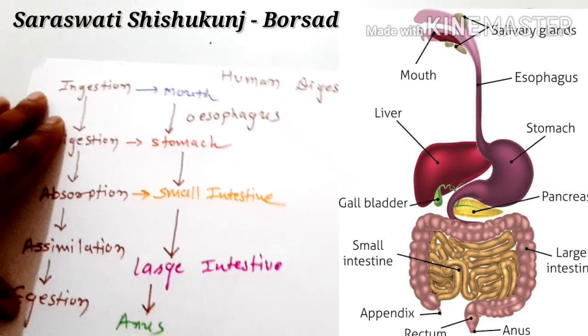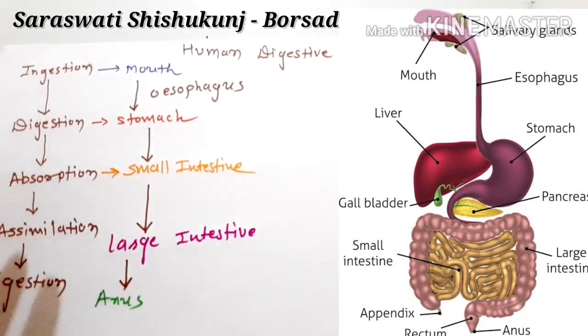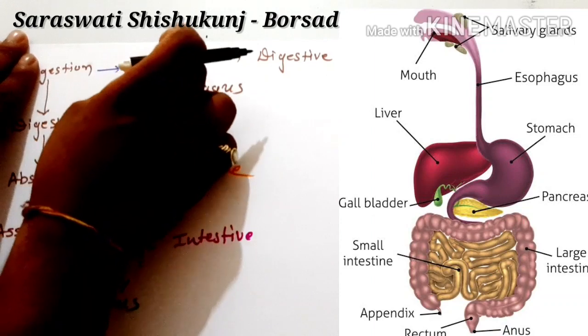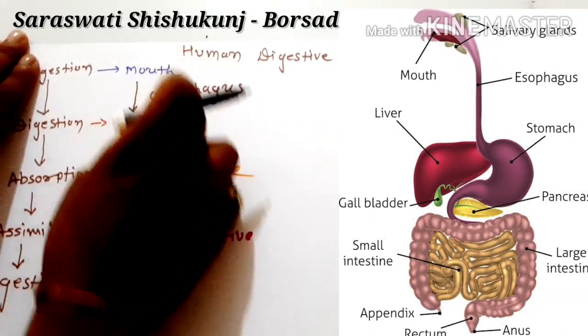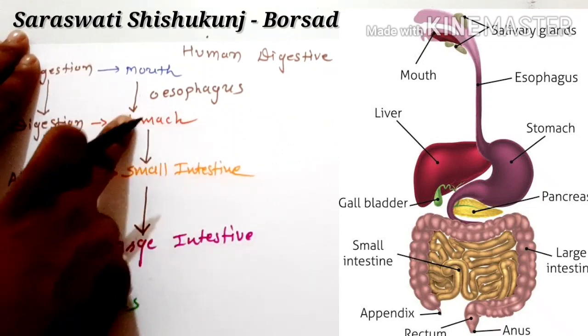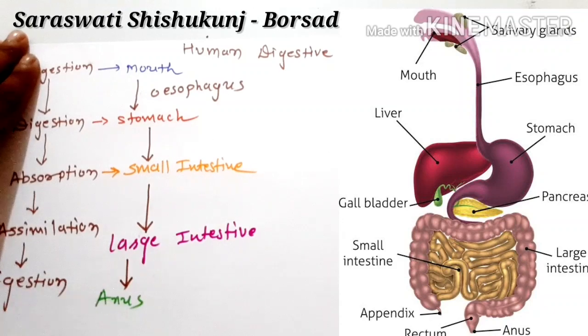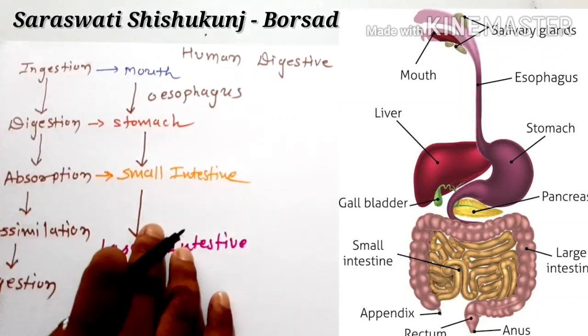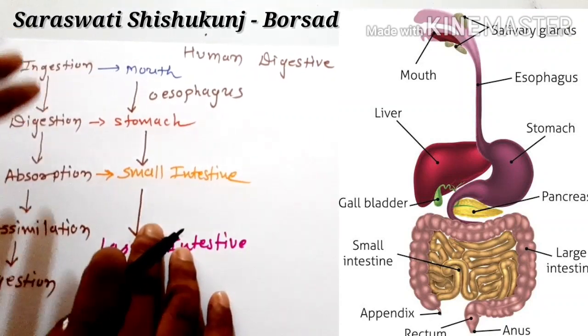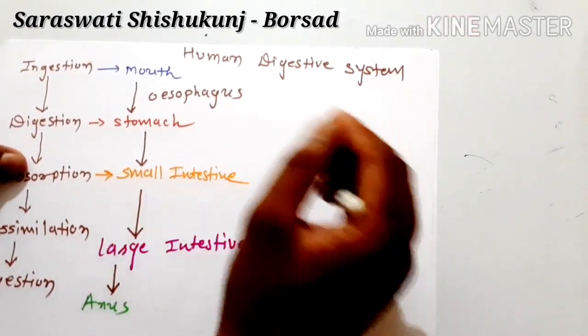So first of all, how can we define our digestive system, or which are our digestive organs. See, first of all, our digestive system is made up of a single pipe, as we see. From the mouth it comes to the esophagus, then to the stomach, then to the small intestine, then to the large intestine, and then it ends at the anus, right? So if we want to write what is called the digestive system, we can say like this: